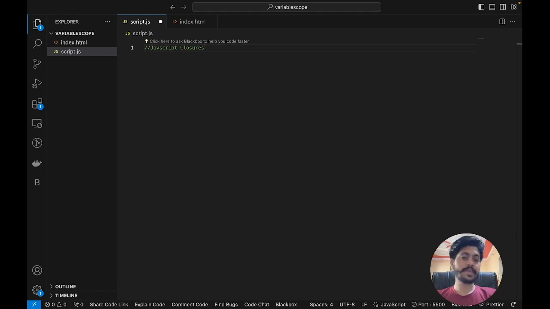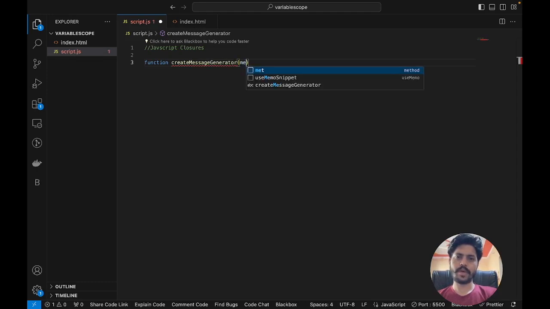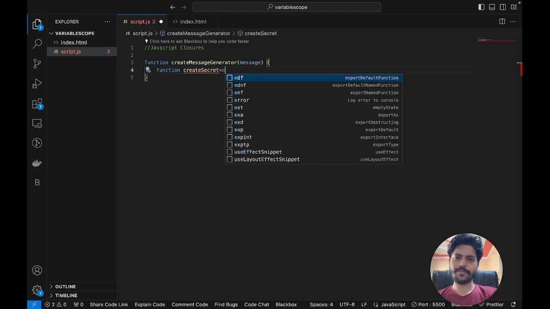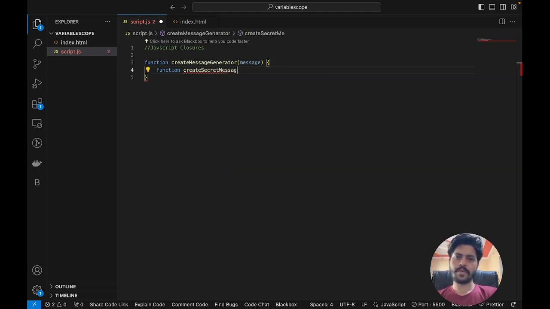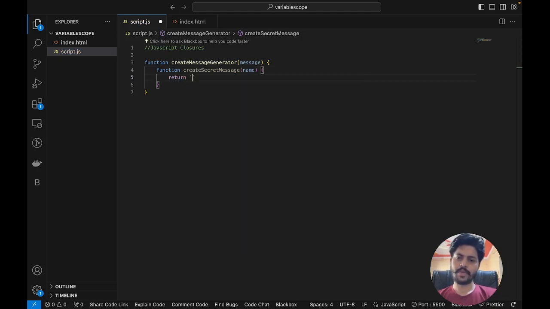Imagine a function that creates a secret message. So we are going to create a function that creates a secret message for you. Okay, so just create a function which is createMessageGenerator, and this takes in a message. Then we will create a nested function which is createSecretMessage, right? And this returns that